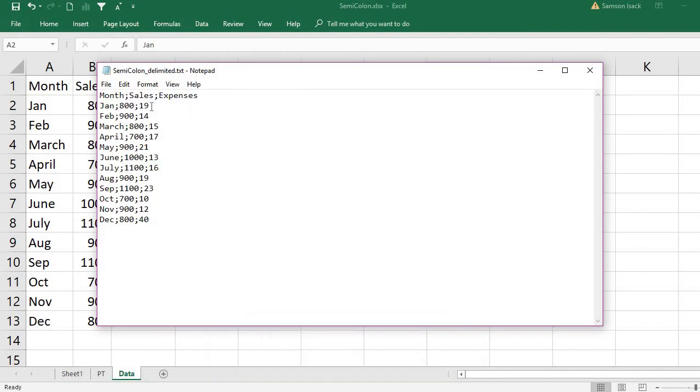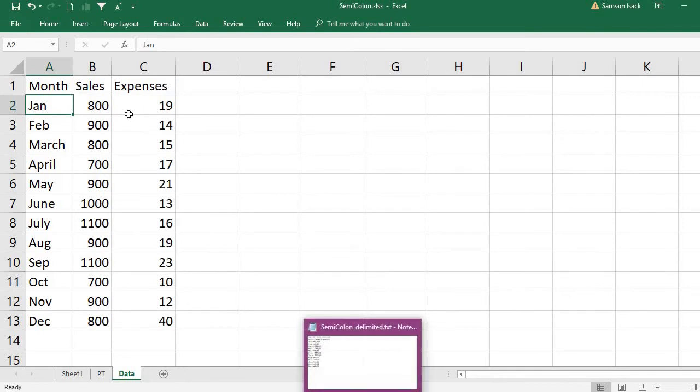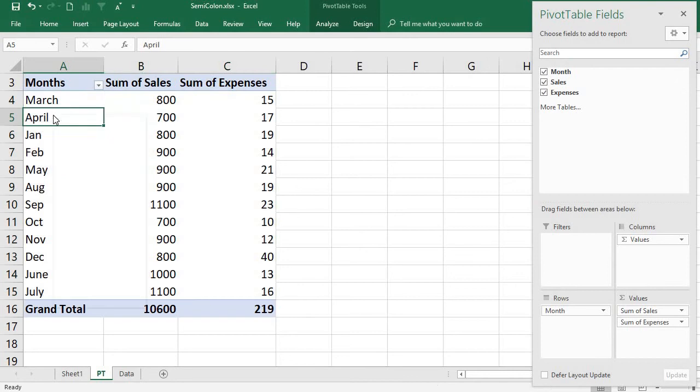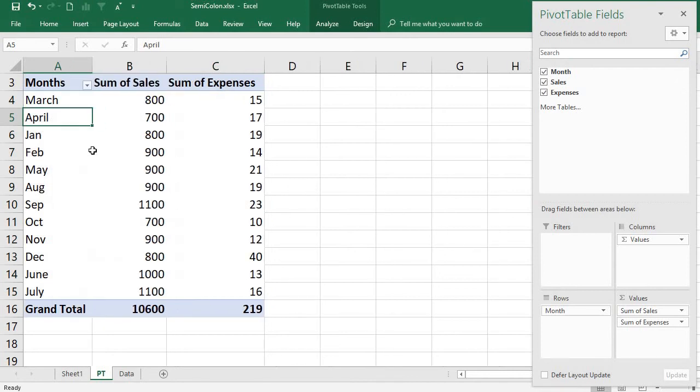So if you change this 19 to 190 and save this file, this semicolon delimited file is changed, but when I come here to the pivot table and refresh this one,